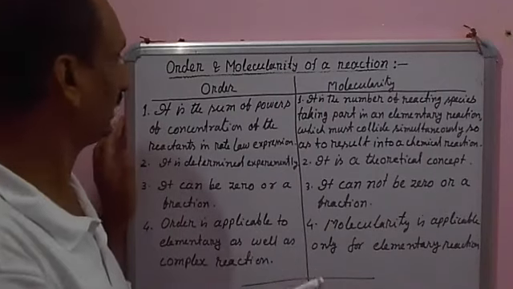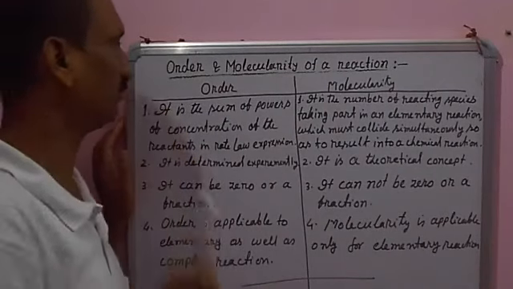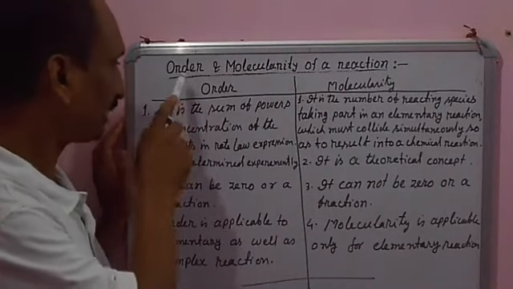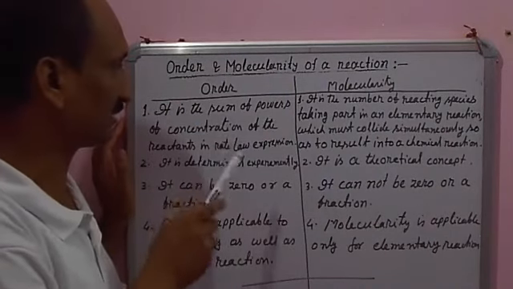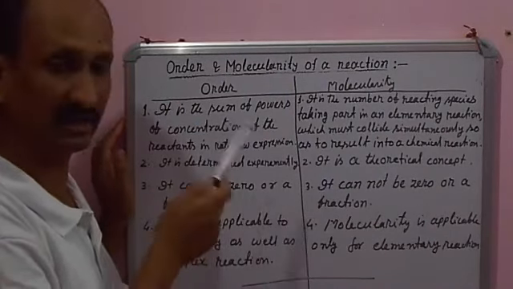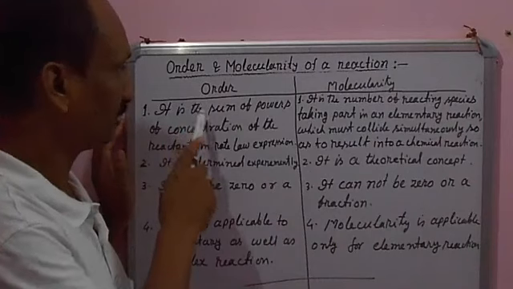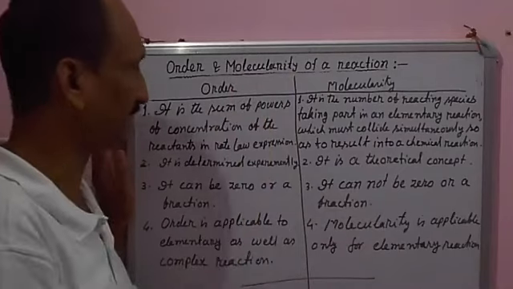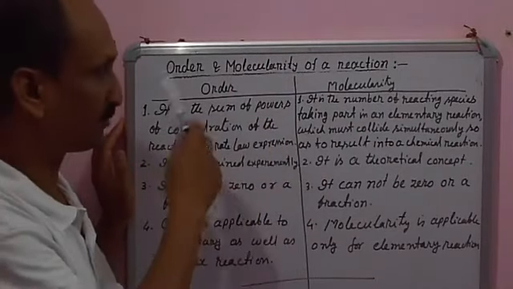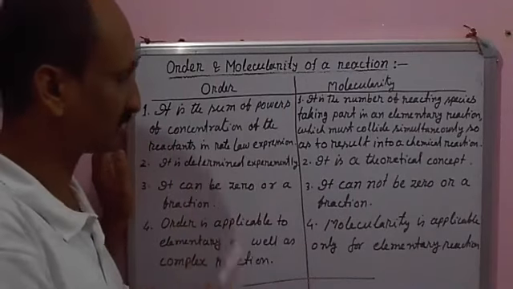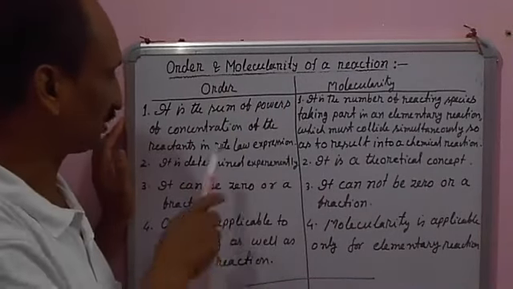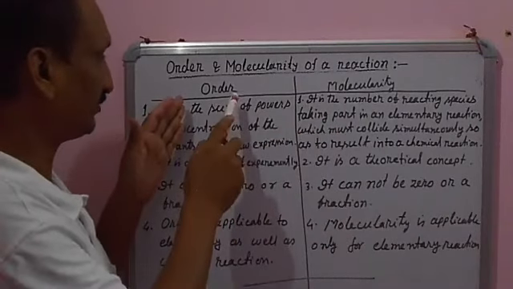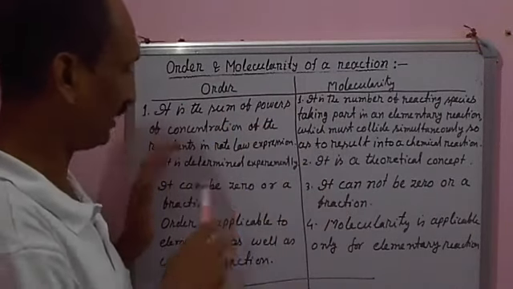So today we have seen what is order, how order is determined, the different order of a chemical reaction: zero order, first order, second order, nth order. Then we have seen the unit of the rate constant K, and from the unit of the rate constant K we can also identify the order of a chemical reaction. Then we have seen the molecularity of a reaction, the concept of elementary and complex reaction, the definition of the molecularity of a reaction, and at the last, the difference between order and molecularity of a reaction.